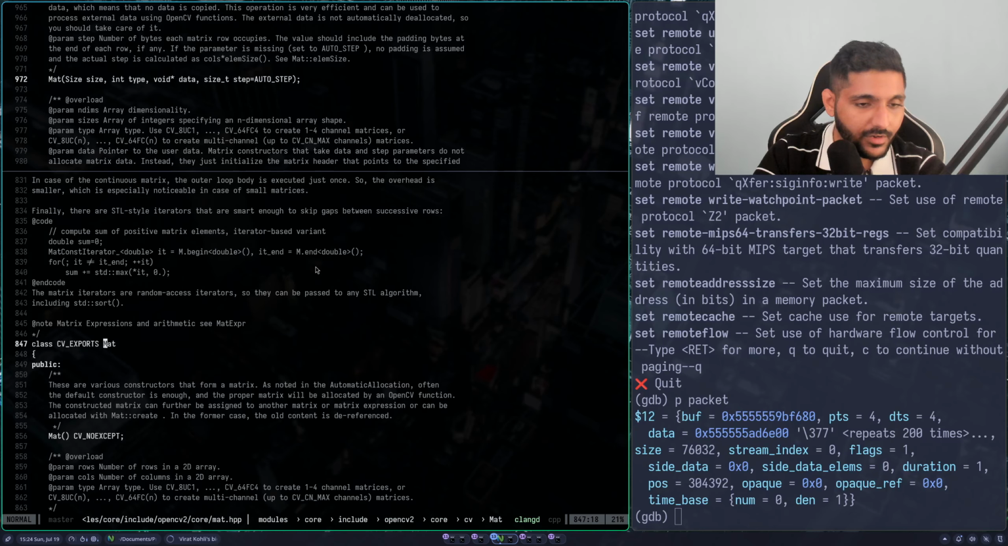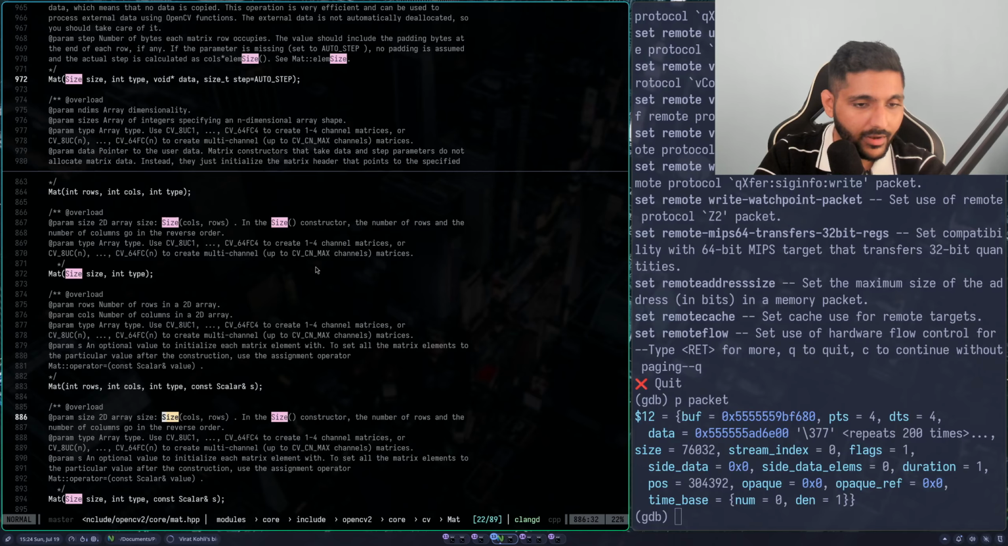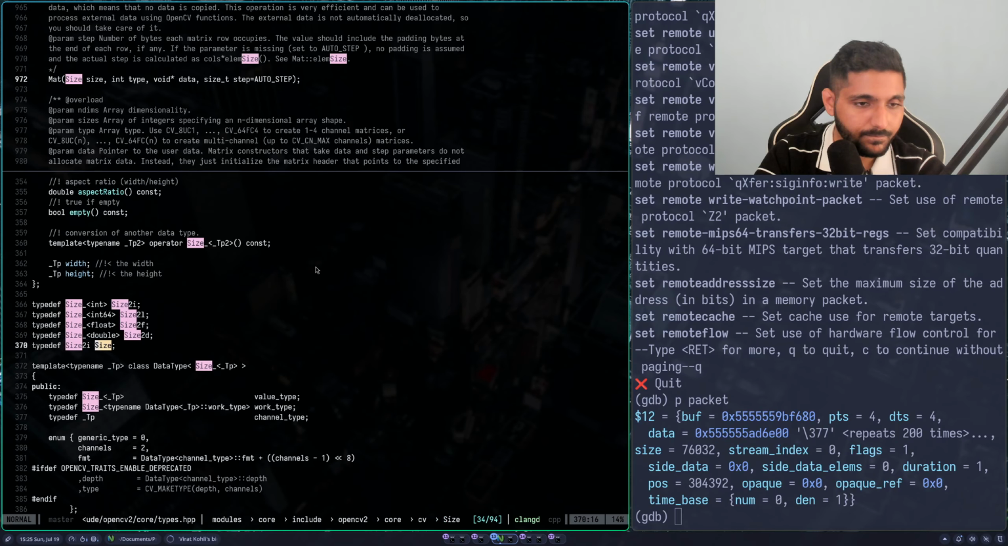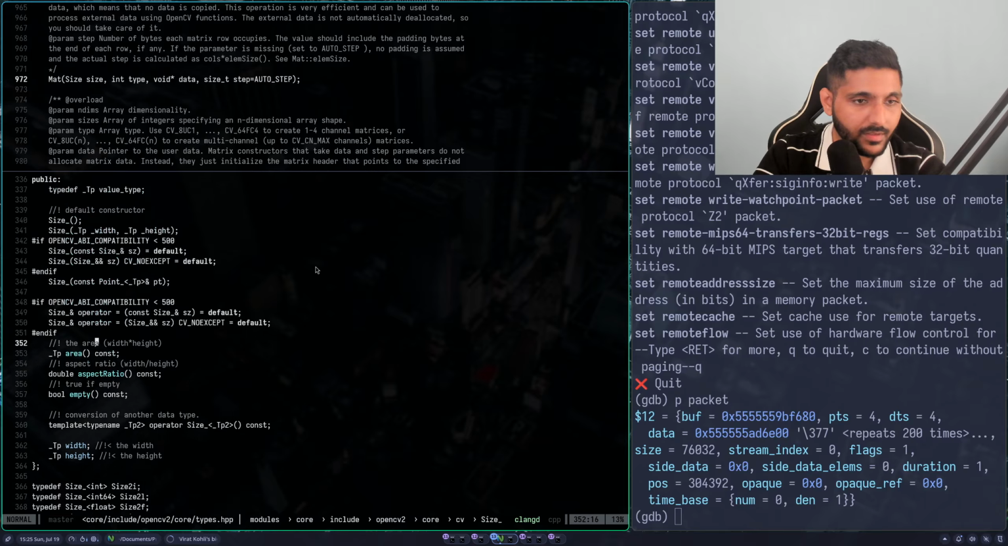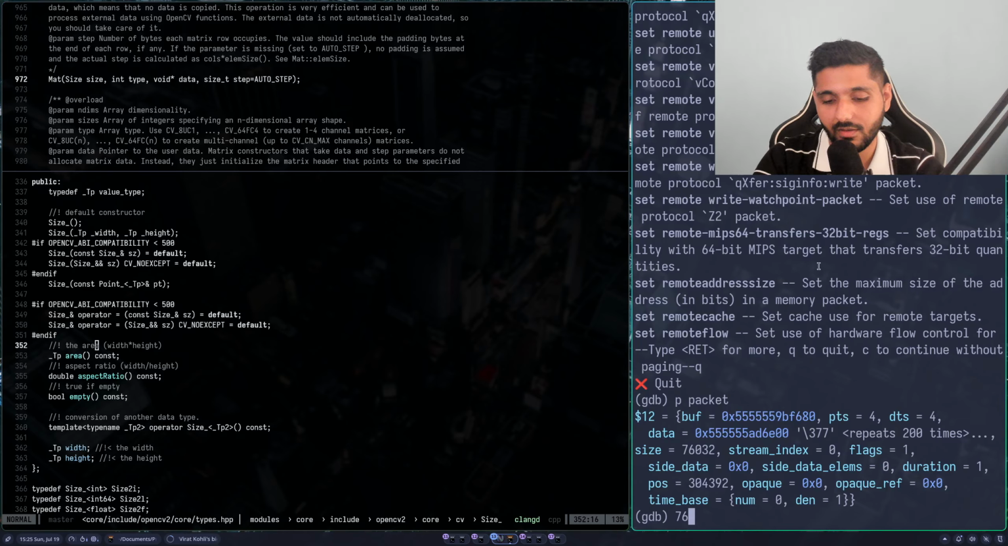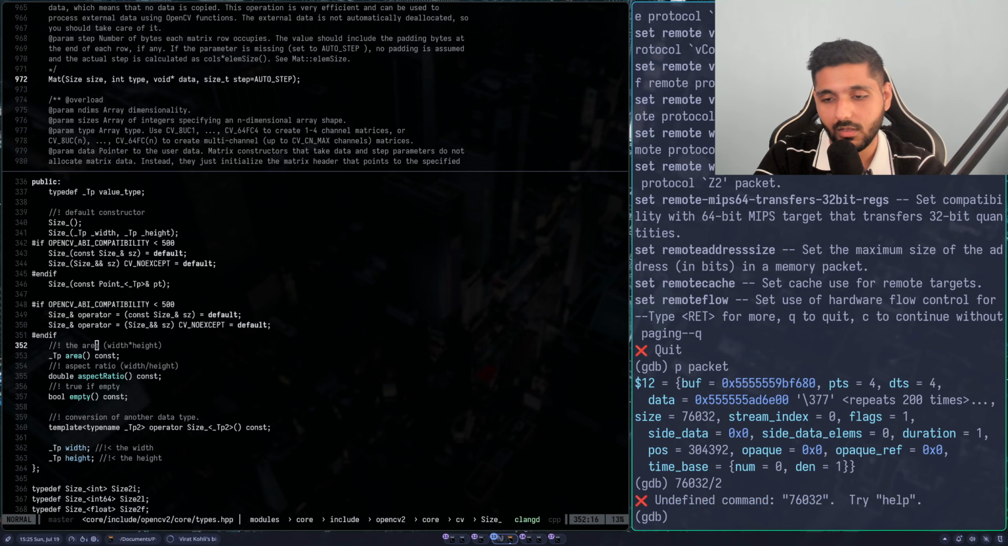Why does a GD not work here? There you go, right? So I'm looking at size. Yeah, that's the problem, right? So if this was 76032 divided by 2,